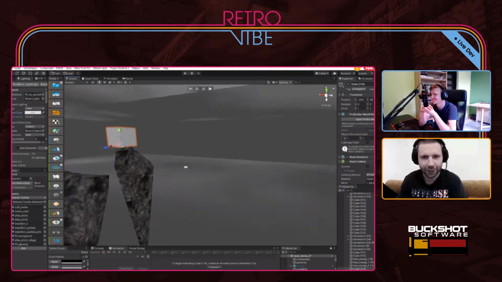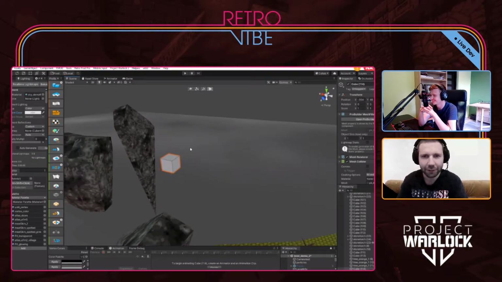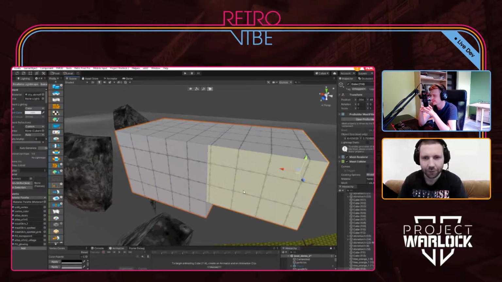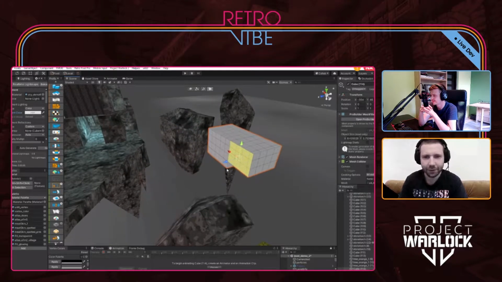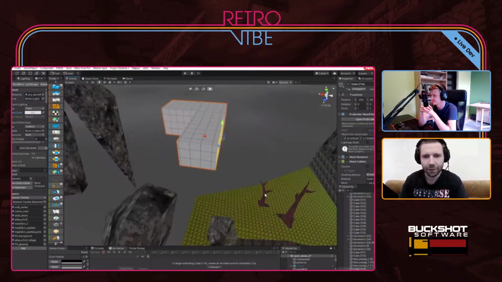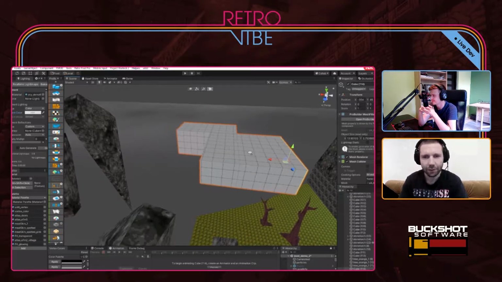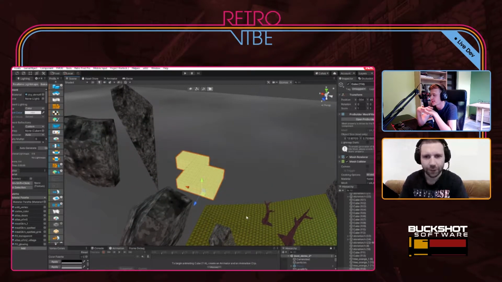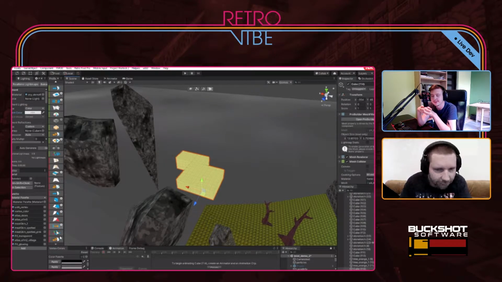Yeah, I want to see that. This is a ProBuilder cube, and if I want to make a level with this, I can extrude it very easily. So actually, ProBuilder is very easy to start working with, and it's a very simple tool.